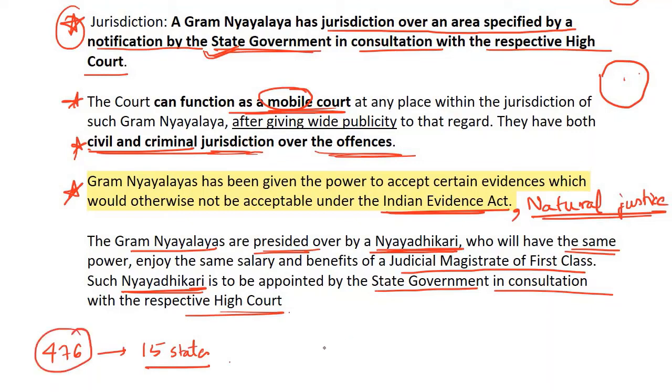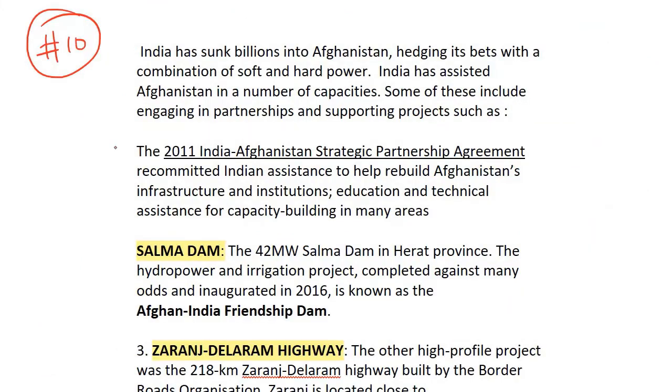Out of these, there are only 256 which are operational, that too in 10 states. So it is not operational in all the states, as per what is given in the PIB as of December. Next, quick facts